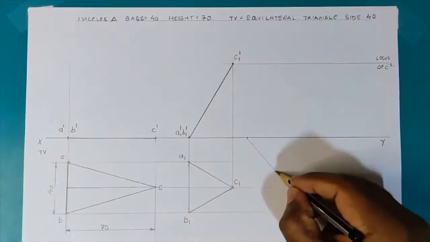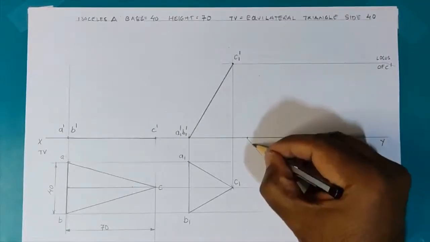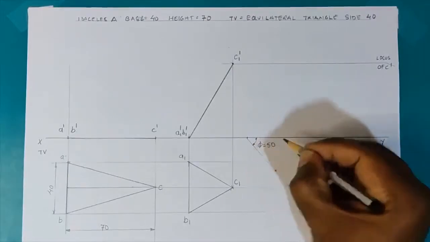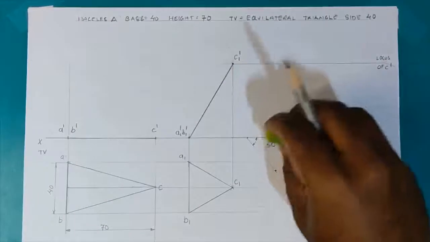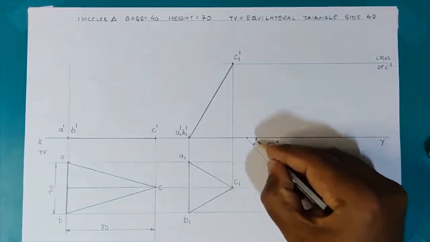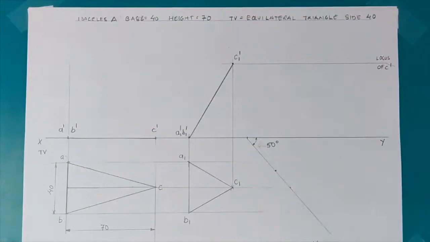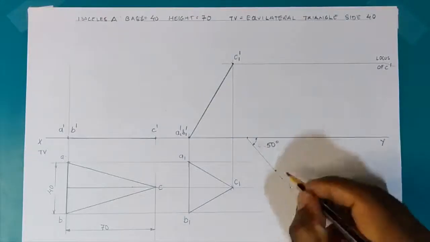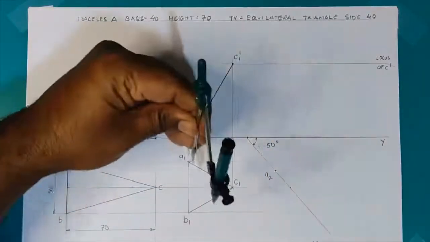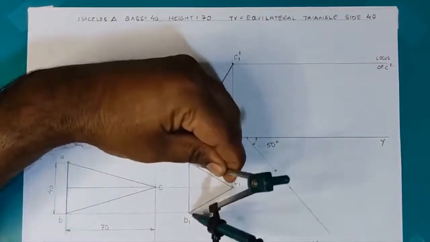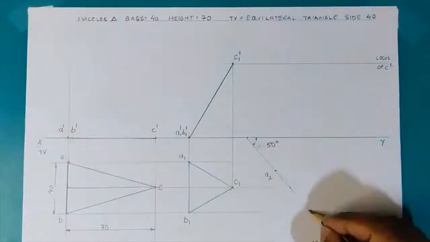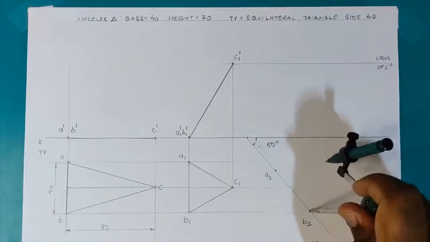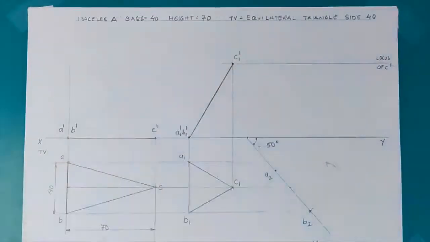Now I take any starting point as point E2 on the line at an angle of 50 degrees. So I may write only 50 degrees only. Because this is the inclination with VP, 50 degrees is directly given. So I take the 40 mm side A1 B1 from the second stage and use it at the third stage. So I have marked the starting point as A2 and find B2. A2 was kept by assumption, so you need to assume the A2 point.